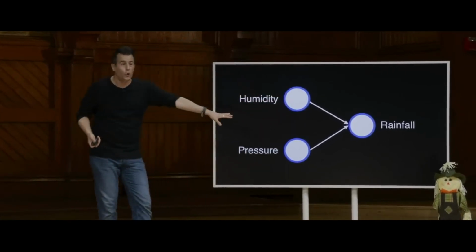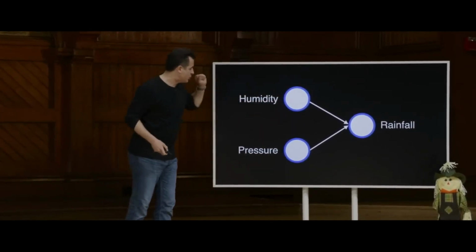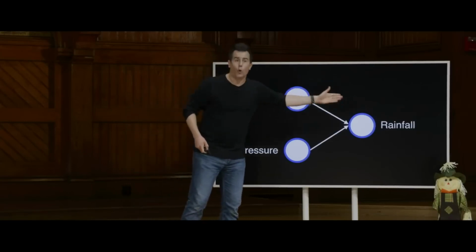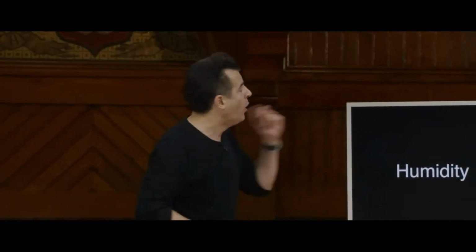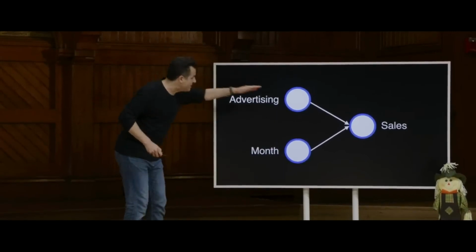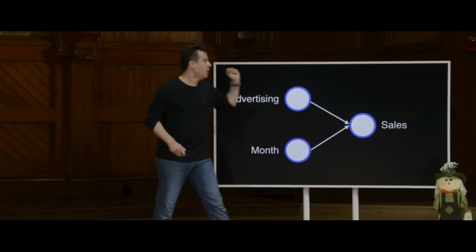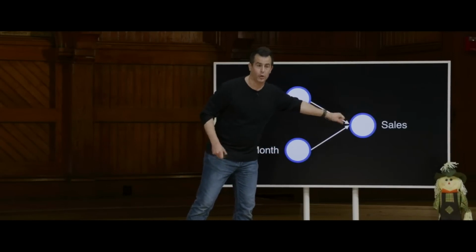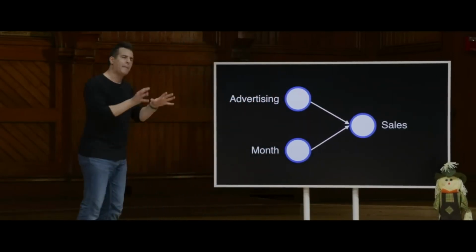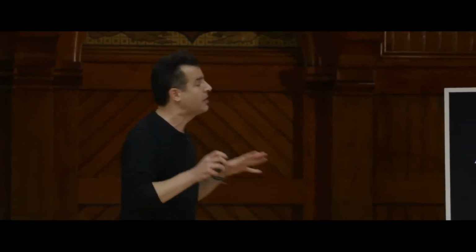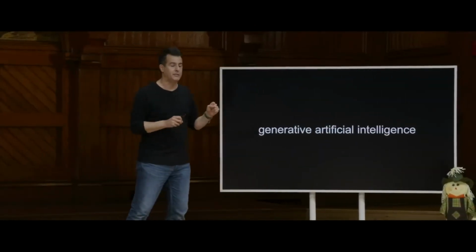And you can apply it to very real world, if mundane, applications. Given today's humidity, given today's pressure, yes or no, should there be rainfall? And maybe there is some mathematical function that, based on years of training data, we can infer what that prediction should be. Another one: given this amount of advertising in this month, what should our sales be for that year? Should they be up or should they be down, for that particular month? So real world problems map readily when you can break them down into inputs and a binary output often, or some kind of output where you want the thing to figure out based on past data what its prediction should be.